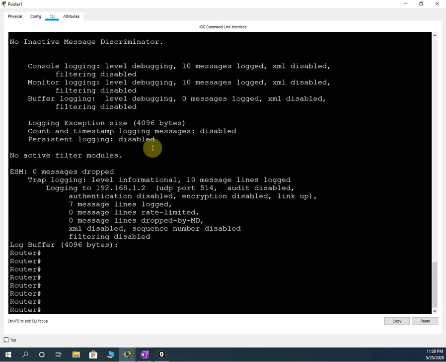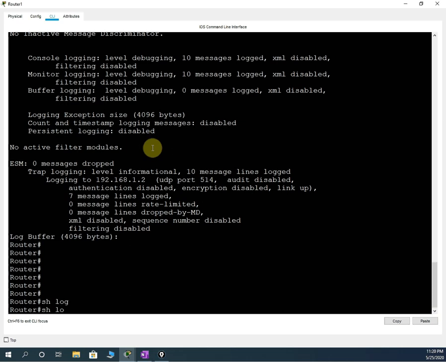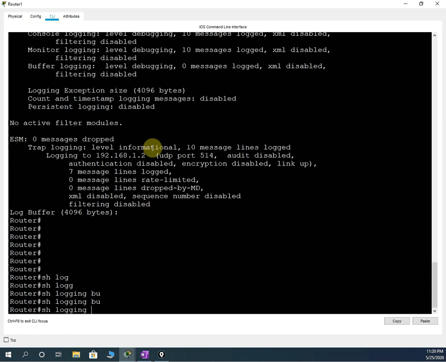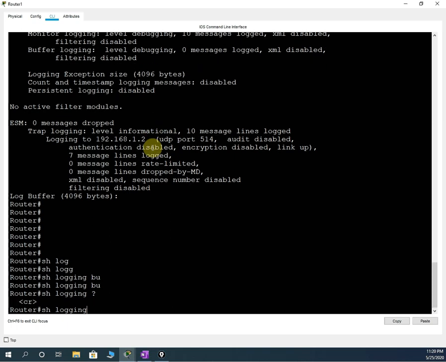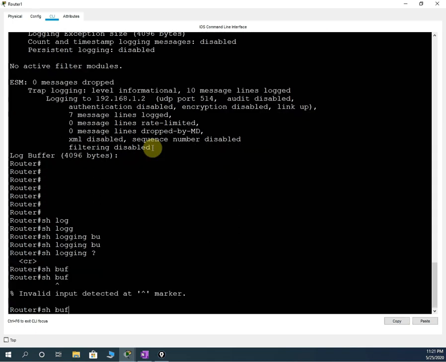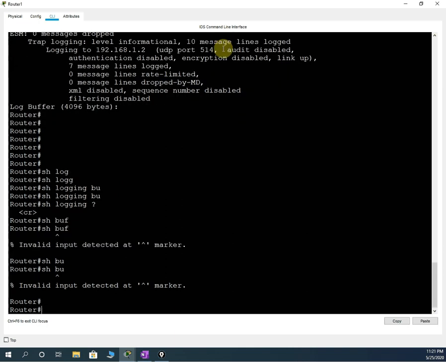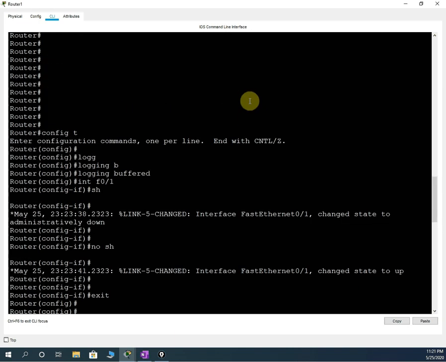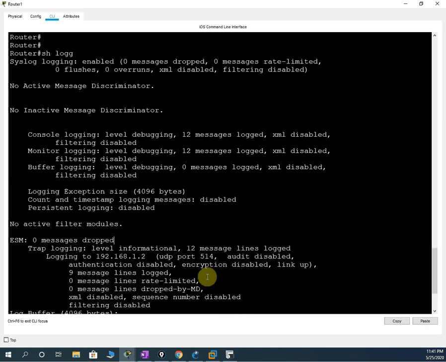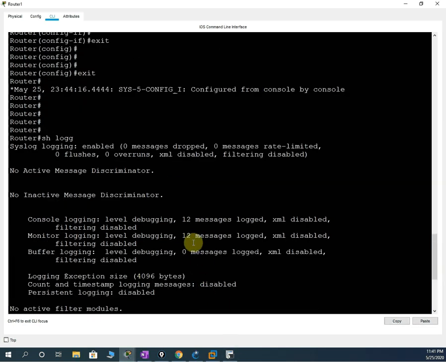We need to write show login buffer, I think. Let me do like this, show login. Okay, show buffer, let me write bu. Actually in Packet Tracer we don't have more features also. Let me check buffer. Let me see buffer, right? Maybe this command is not supported, or let me write the other command if I want to. Let me show you. Actually this command is not supported in Packet Tracer, so I will show you in the